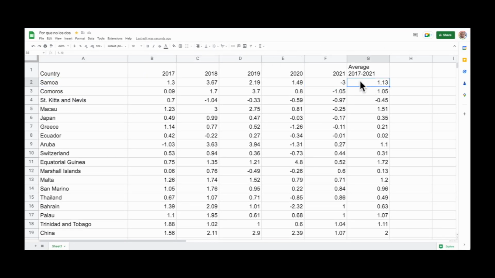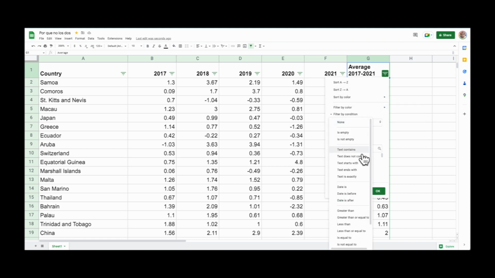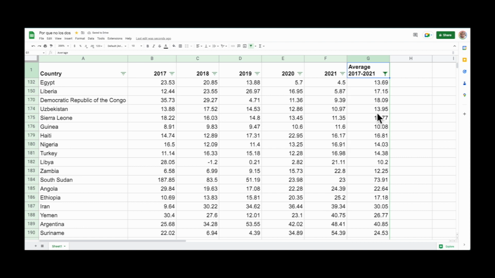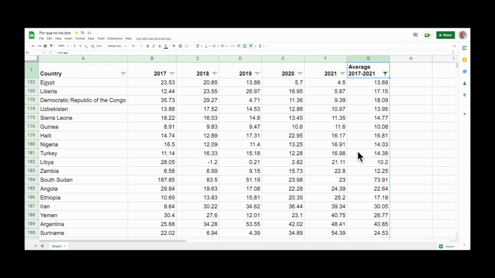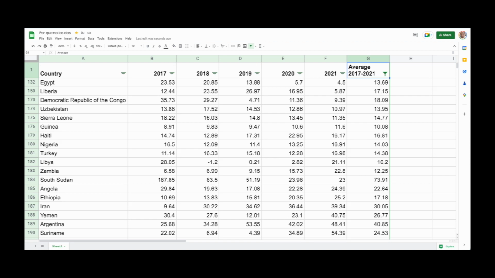Now, let's find the countries where the average inflation over the last 5 years was 10% or more. We'll enable the filter view, go to Filter by Condition, select Greater Than, and enter 10. There we go. We now have a list of countries where inflation rate over the last 5 years on average was 10% or